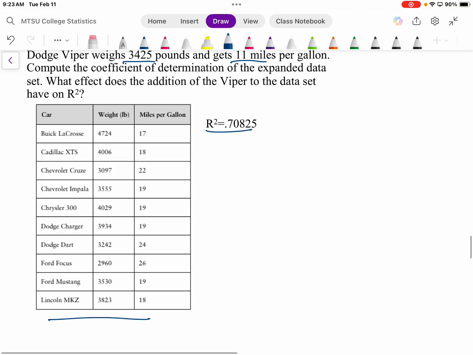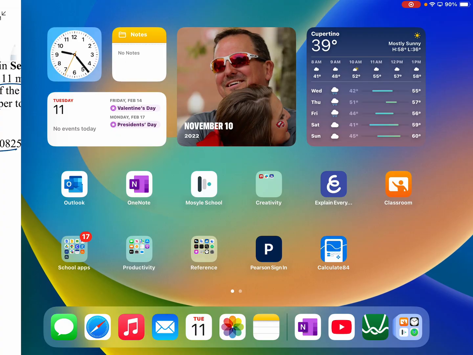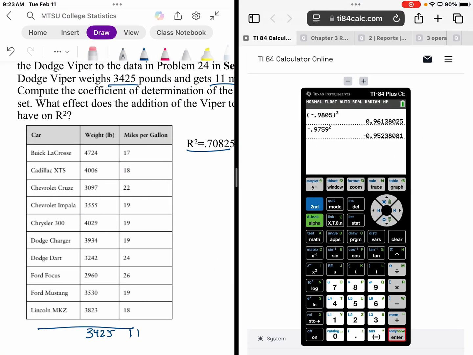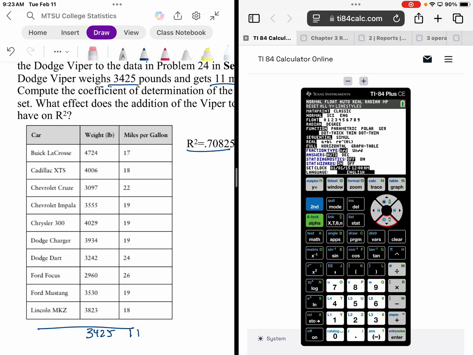So what we need to do is go ahead and do this real quickly: do 3425, add that to the list at 11 miles per gallon. I tried to write that one down just to save your time on doing a LinReg twice. So if we get in here and get into our data, well, you know what? I'm going to reset my calculator. Second plus 712. Clear out all those columns. I'm going to go back and turn on my stat diagnostic. To me, that seemed easier than